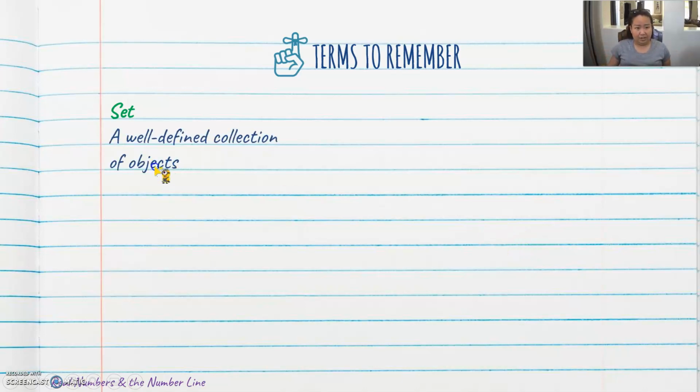A set is a well-defined collection of objects. For example, the set of the alphabet. Those are the letters of the alphabet, all 26 of them. Next, element of the set: each object that is in a set. Every letter that you mentioned that is a part of the alphabet is what we call an element